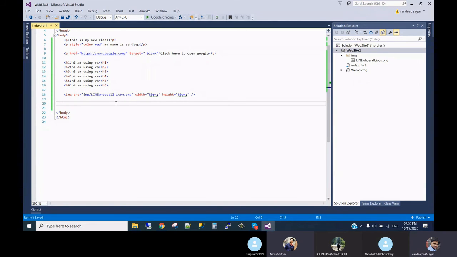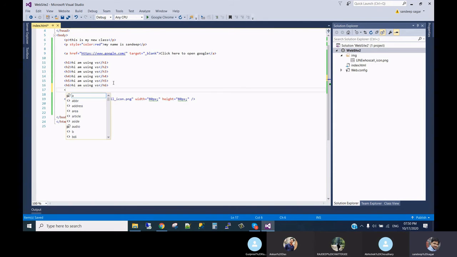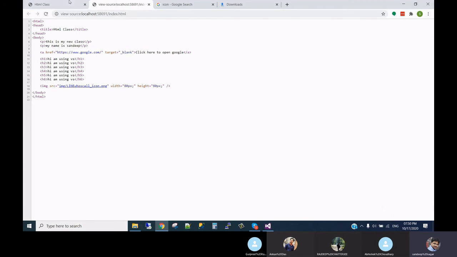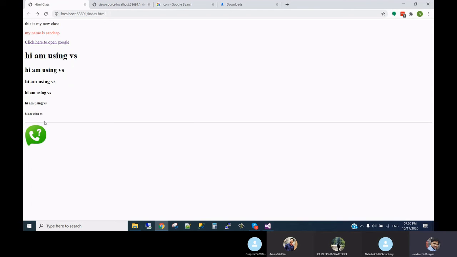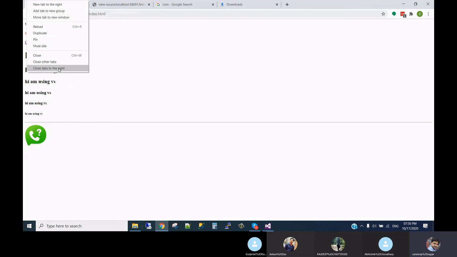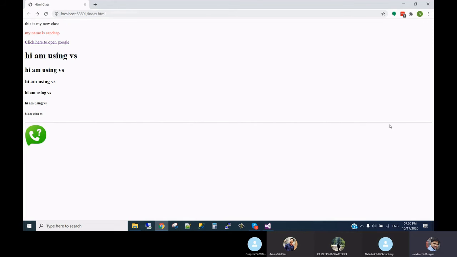Now the next tag which we will be doing is an HR. HR is basically a line break, but with a line break, it has its own predefined color, and one line will be drawn.